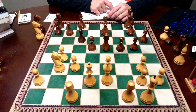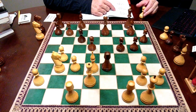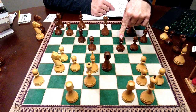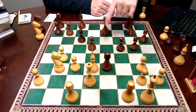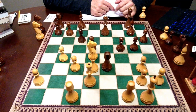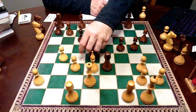and it wasn't the right move. The game continued with bishop d3, rook takes e3, and now he played knight d4 instead of going directly for this. Why? Because after bishop takes f5, rook takes f5, there is rook e2, and so it's kind of very bad. So he played knight d4 to avoid that. But once you play knight d4, in reality you don't save enough, because bishop takes d4, c takes d4,